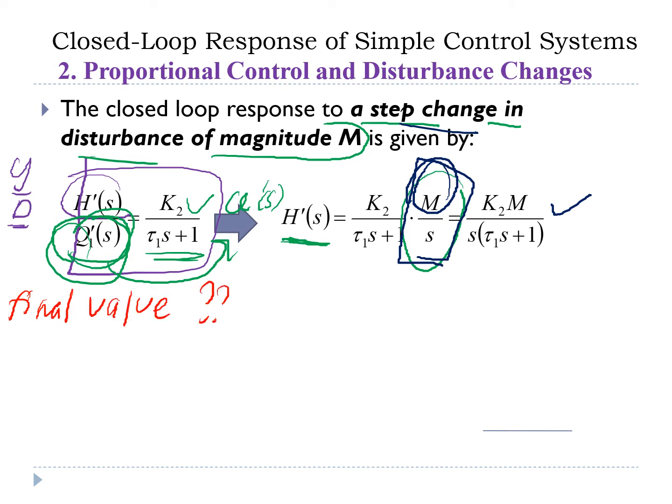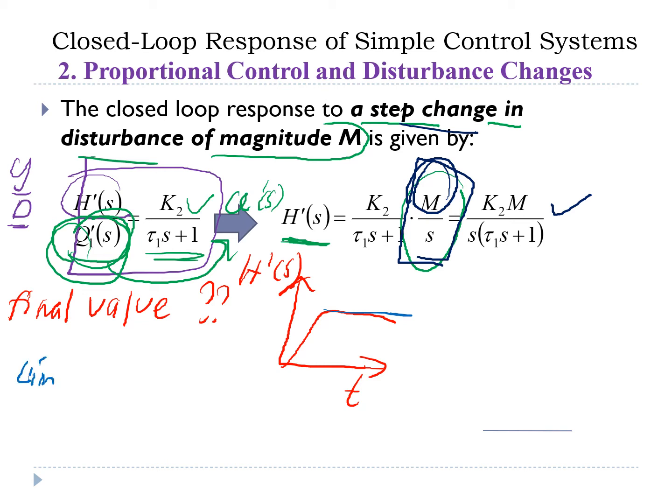What is the final value? Okay, what is the final value? Well, the final value is this, where you have the output or your level versus time. So over the time, you want to know what is the final value. What is the final value? So that's why, according to the final value theorem,